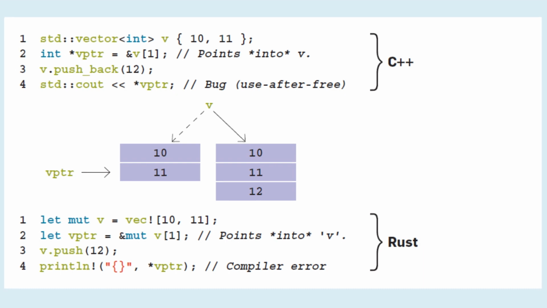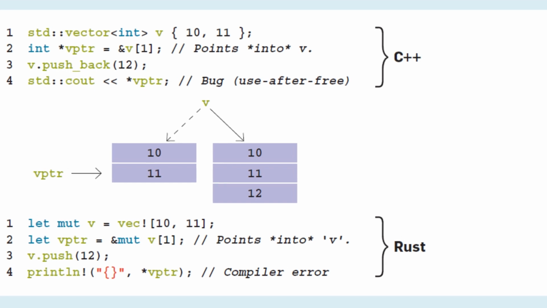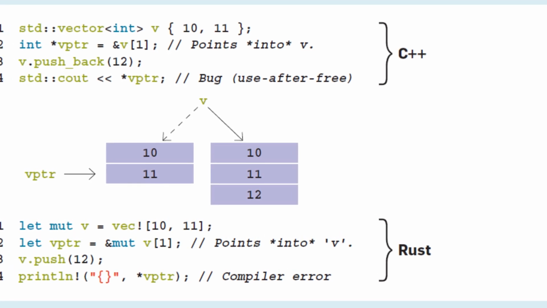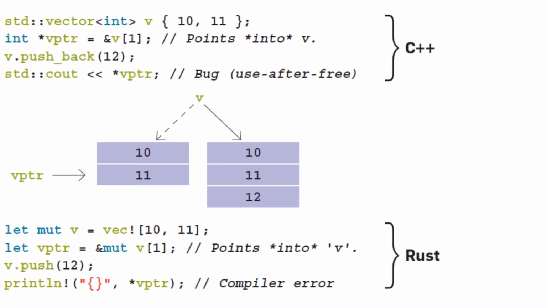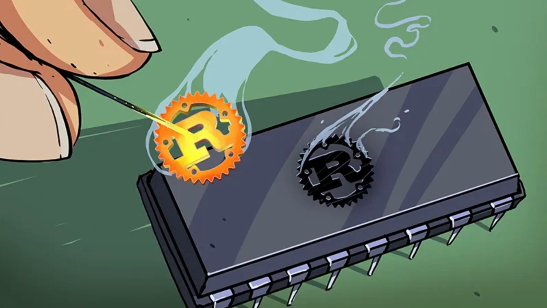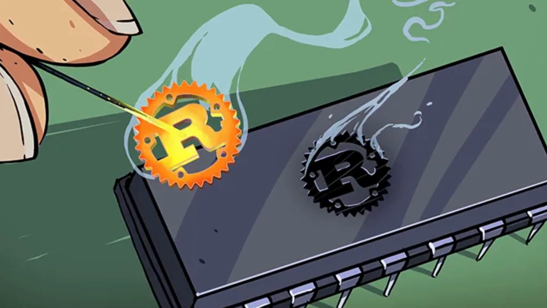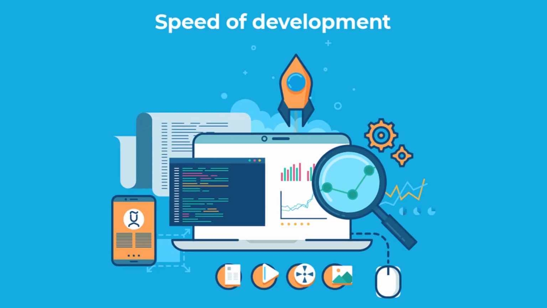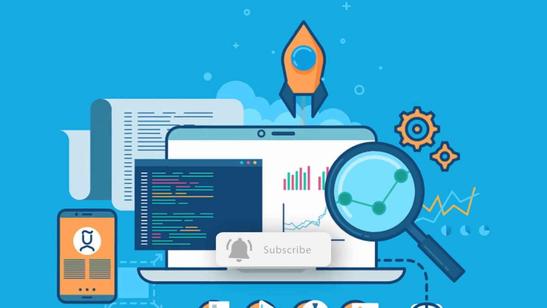In Rust, data values conforming to a specific and constant pattern are allowed to be initialized, and activities with null pointers are not permitted. This factor contributes to increased memory safety. In this language, there is an additional library responsible for checking the nullity of a pointer. Rust has the ability to automatically infer the data type of programming expressions. Therefore, you can expect greater speed during application development with this language.